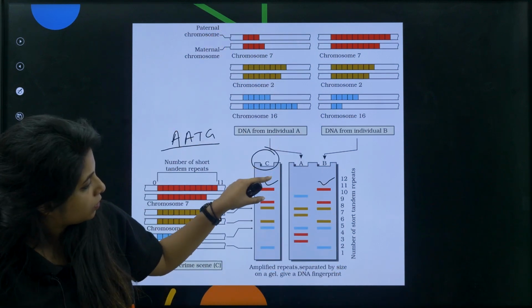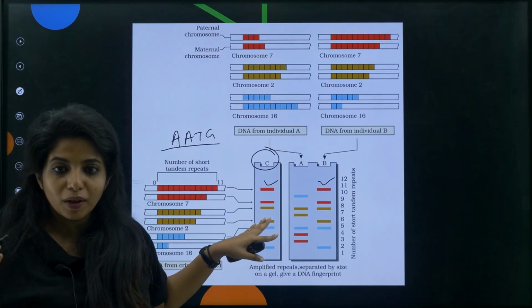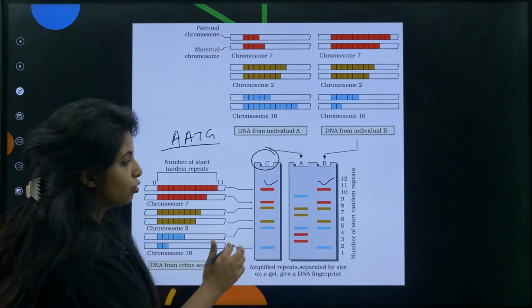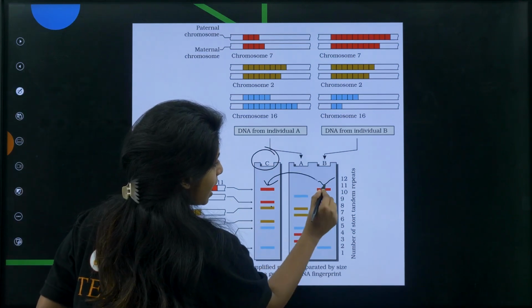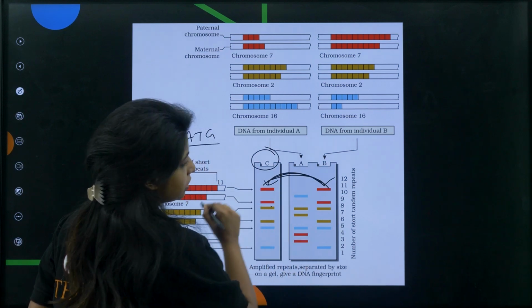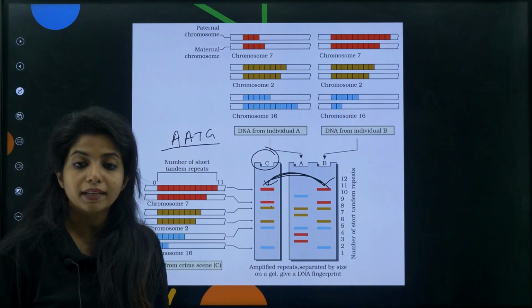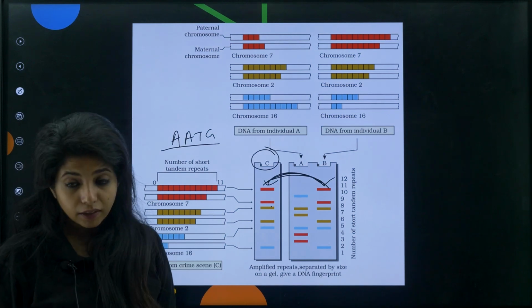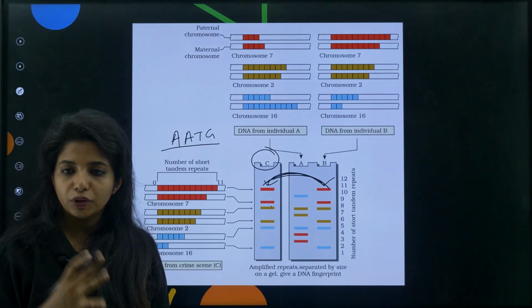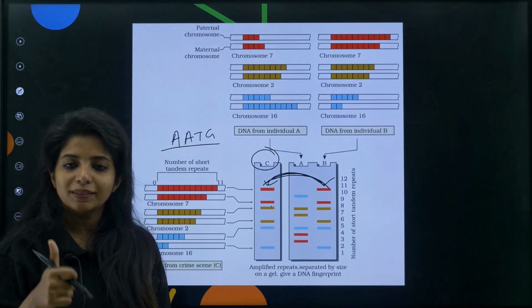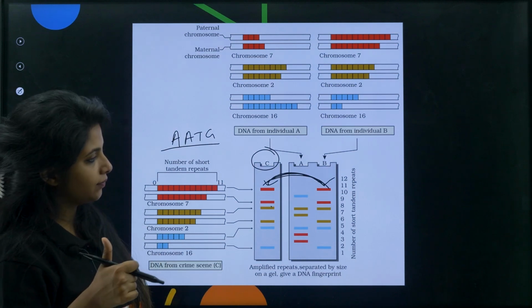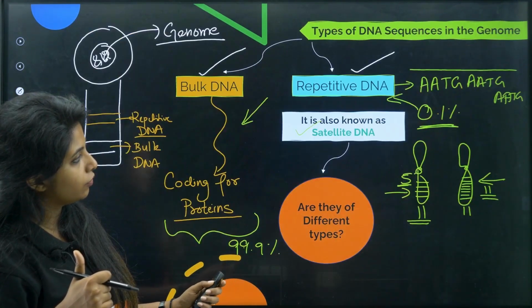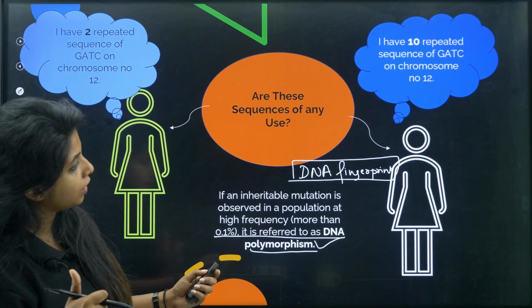This particular sample will also have both my parents' DNA, because my cell is being taken, so my cell has both the parents' DNA. So if I see this and this is exactly the same, my dear children, it will be exactly the same. Got it? And this is how I can find who did the particular crime. Is it okay?